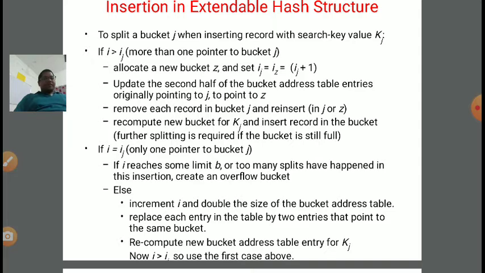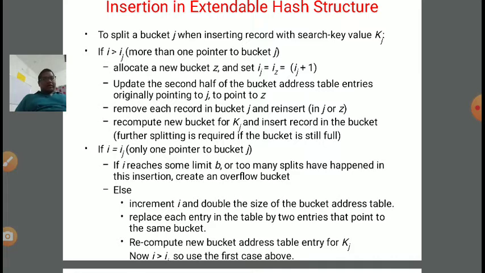Further splitting is required if the bucket is still full. So if the bucket is full, then we need to split it again until the bucket is no longer full. Second possibility: if i equals i of j, only one pointer to bucket j, then what will happen? If i reaches some limit b, or too many splits have happened in this insertion, then create an overflow bucket.